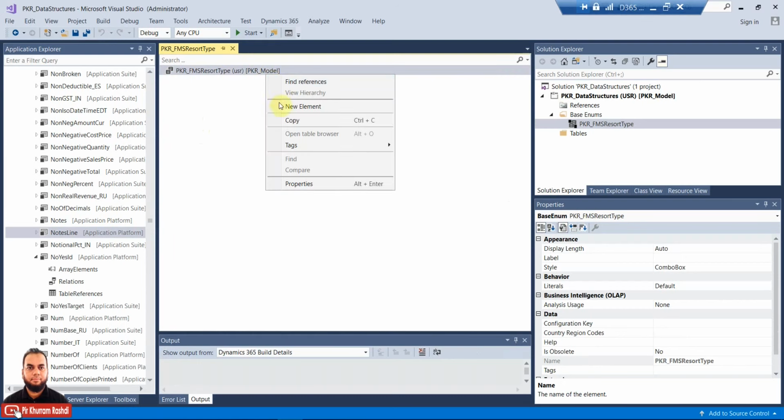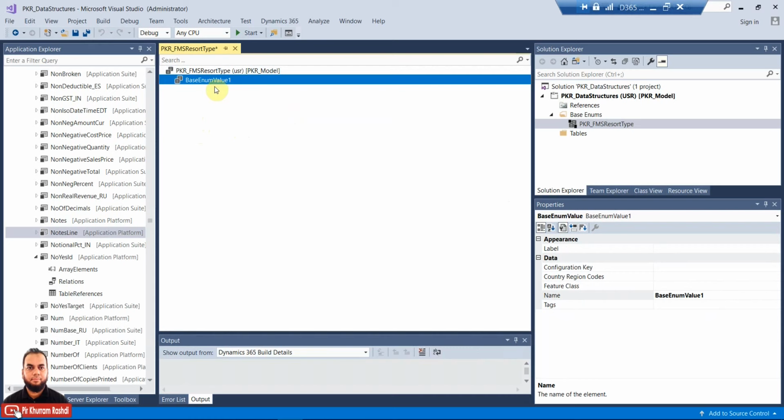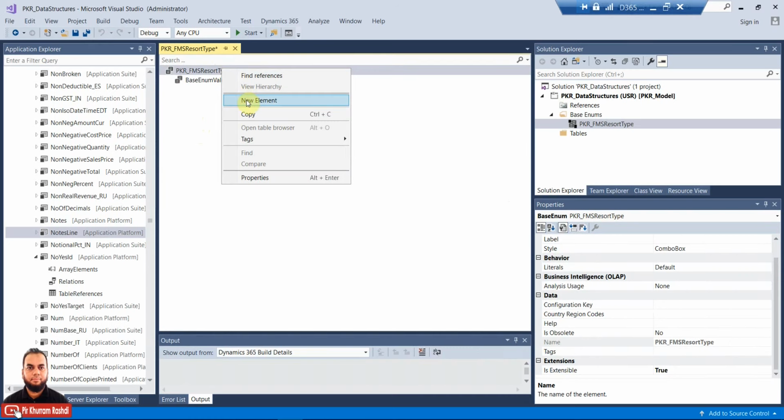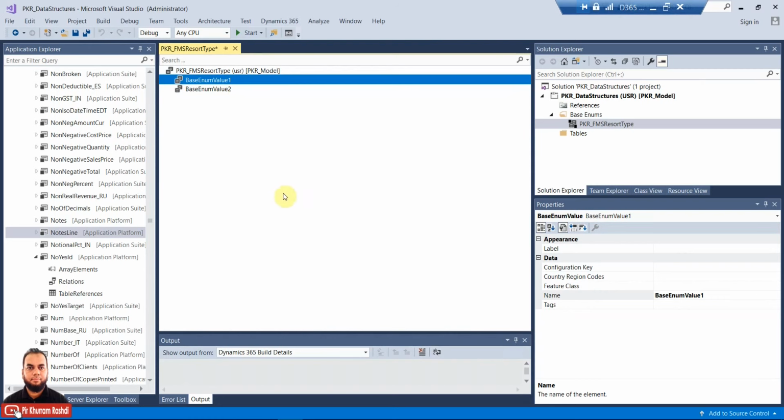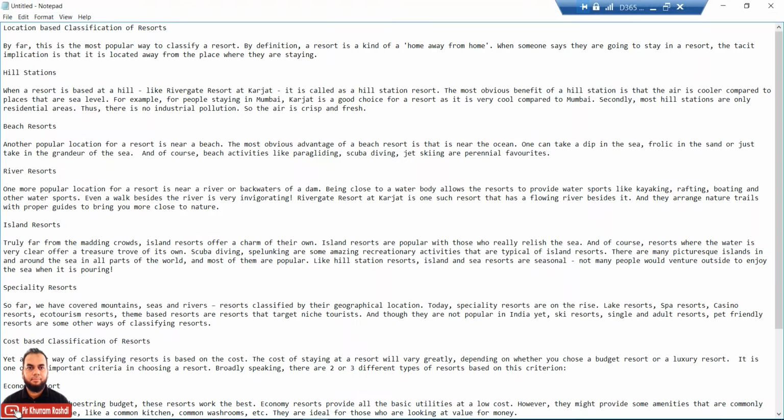and then I can create a new element here. It will create as many elements as I would like here. So I will just create a base enum containing a list of resort types. I will just use my existing list like